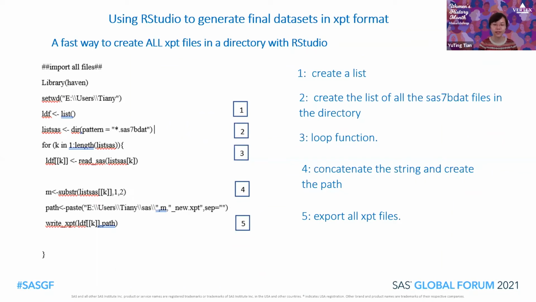The third process, we use a for loop to import all sas7bdat files from the SAS library to RStudio. Number 4 is to concatenate the string and create the path where all XPT files are stored. And the fifth process is to export all XPT files with